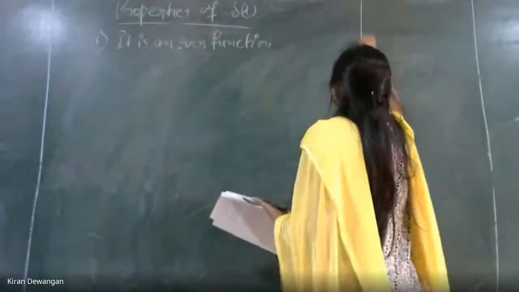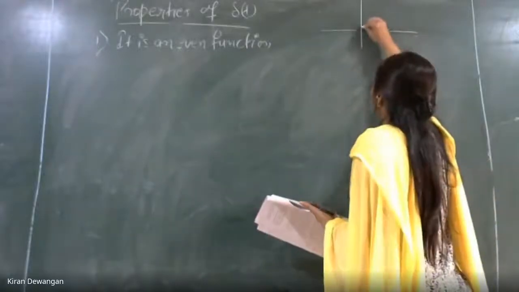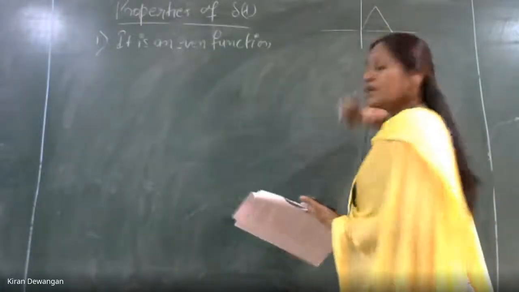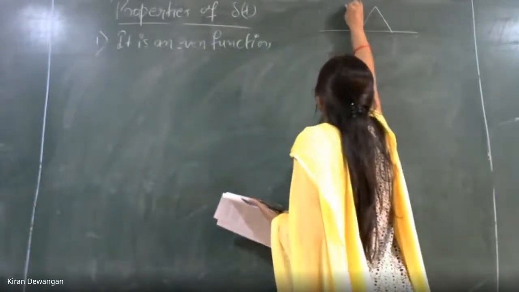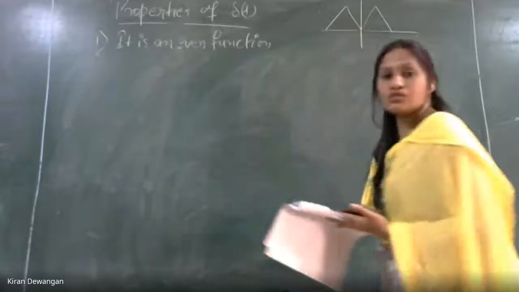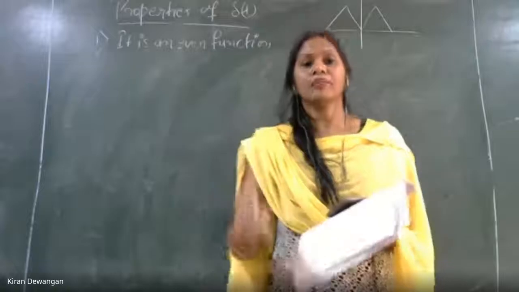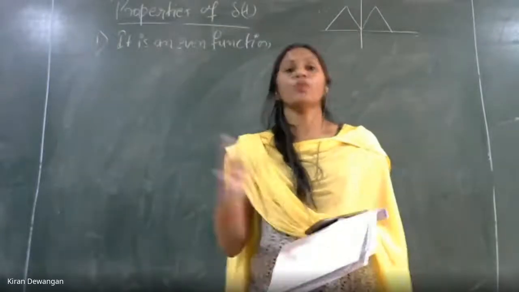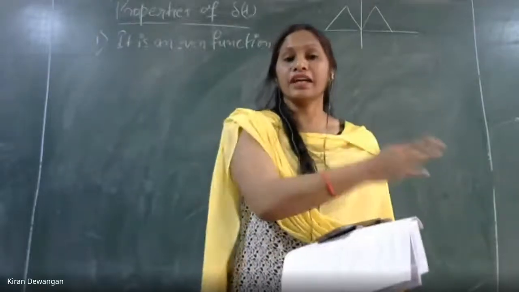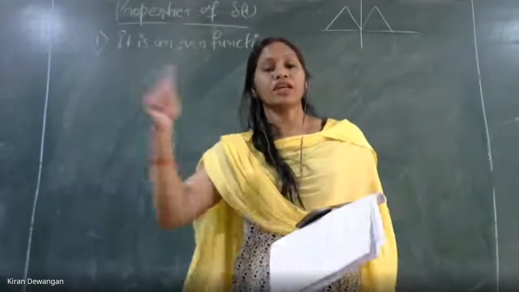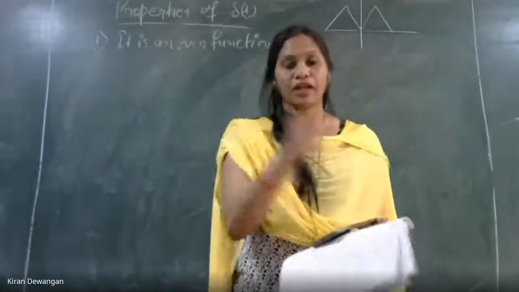So, according to the even function, if I have a function like this for positive values of t, then it should be like this for negative values of t also. Are you getting my point? Whatever is the function for positive values of t should be the same for negative values of t also. मतलब जो t of 1 पे रहेगा फंक्शन वो t of -1 पे भी सेम रहना चाहिए.